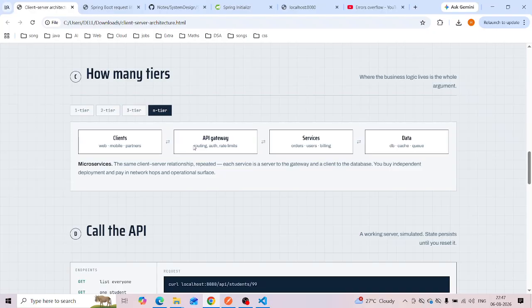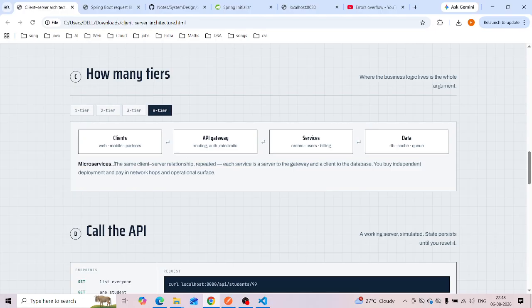All things will go through the API gateway. So the client interacts with the API gateway, and then the gateway allows requests through to the services. Only after it allows will we go to the service, otherwise we will not. Then the service allows access to the database, based on the business logic.